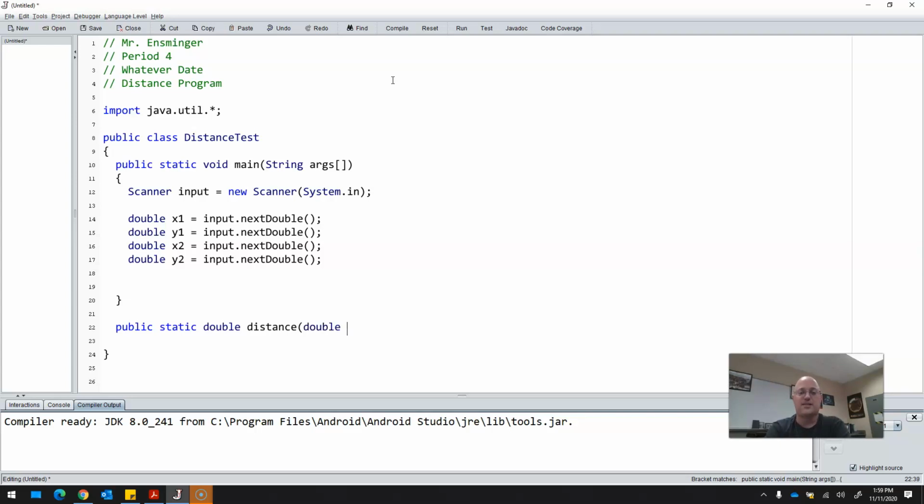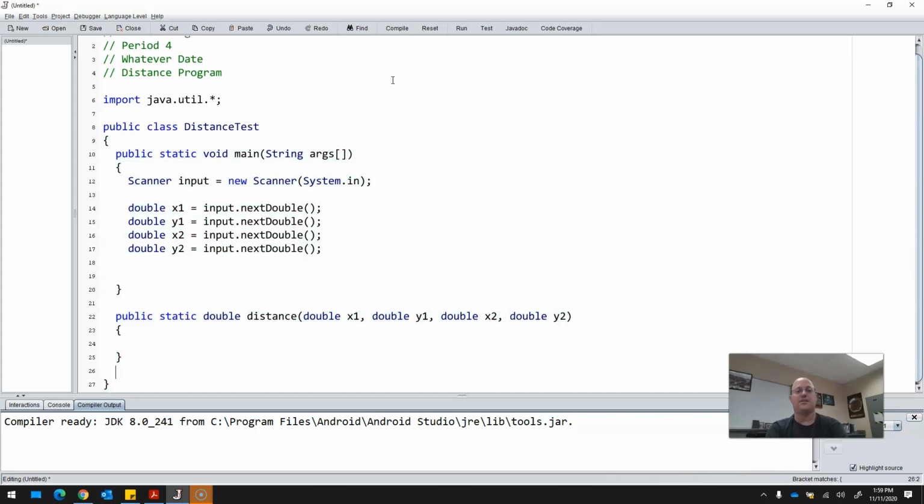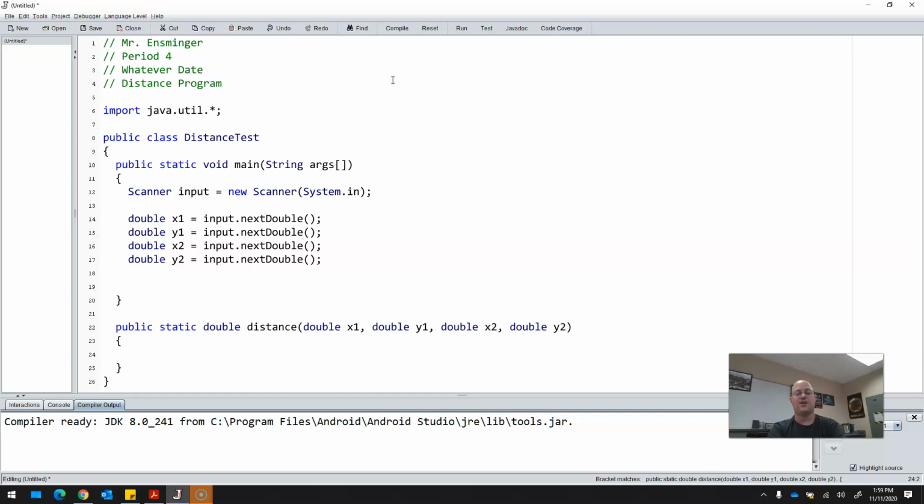It's going to expect us to send in double x1, double y1, double x2, double y2. Of course, when you have a method, the signature of the header has to match up. You have to take in 4 different doubles, return a double, and we have to do the order that it asks us for. And so to call that method, if I do